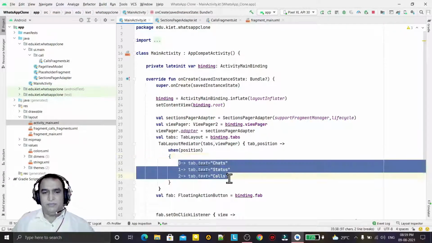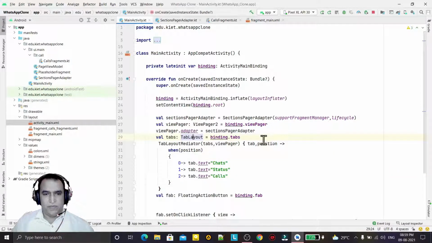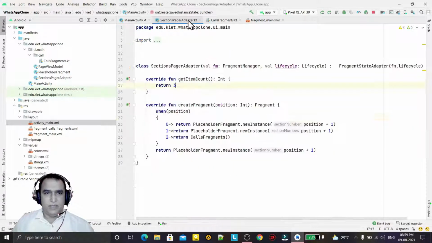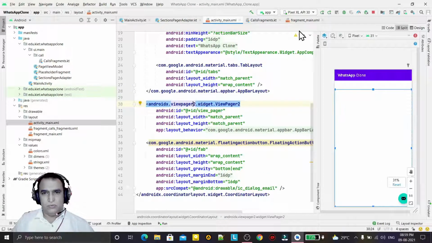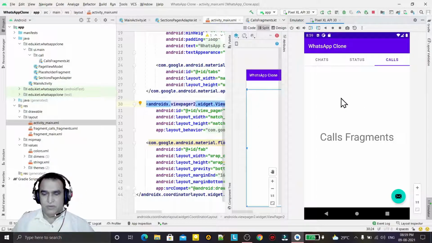So we have 3 tabs, we have converted the text also, we have linked this also, and we have changed the FragmentPagerAdapter to FragmentStateAdapter, and we have used ViewPager2 also. And you see, without running, this application is running the oldest way, but if I run this again, it will run the same but with the latest API, and we have removed the deprecated API.